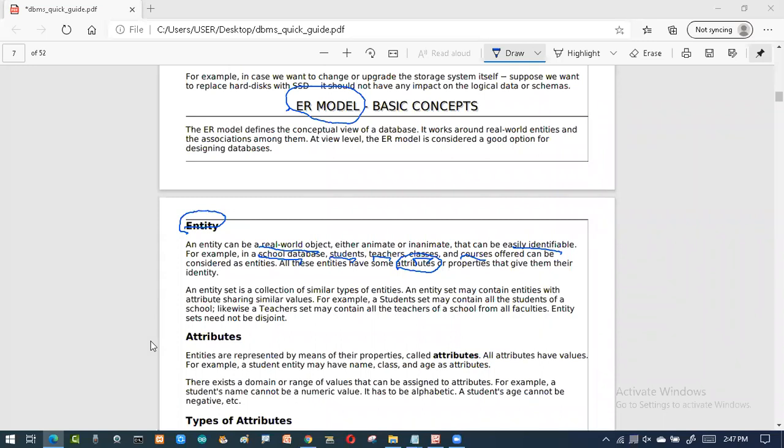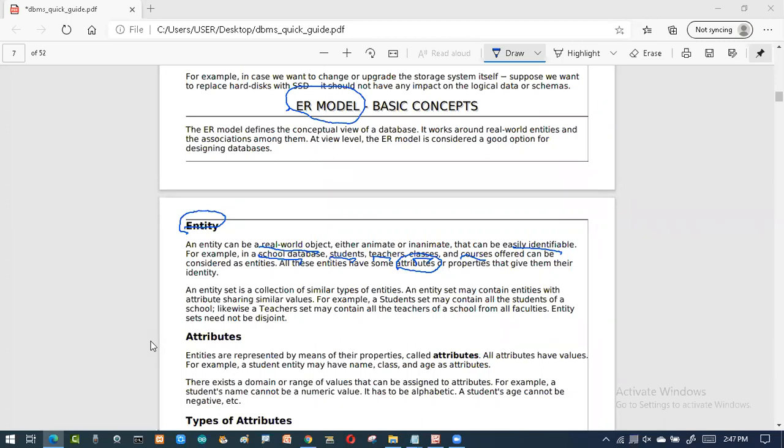So today's concept is about the ER diagram. ER itself stands for the entity relationship model. Here, an entity means a real world object which can be easily identified. For example, if you go with a college database, school database, or any database, in that you will be finding the entities. So a collection of entities is nothing but a database.